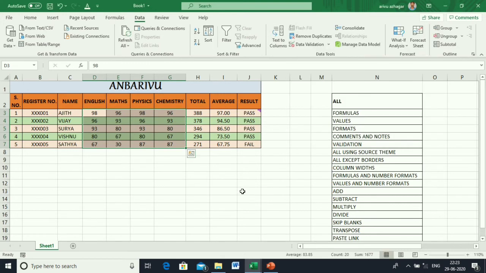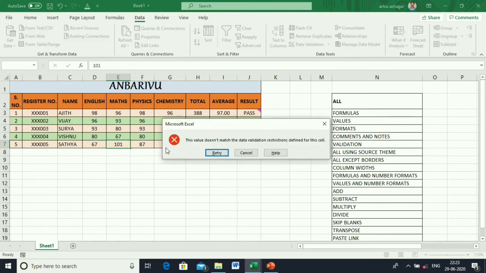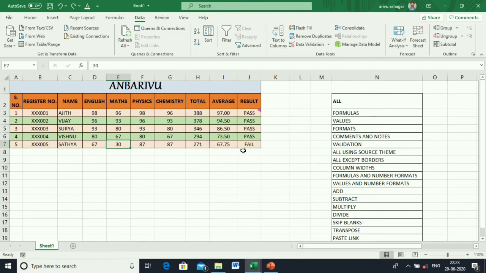Now enter the value. I am entering more than 100. I am entering 101. Given data validation, can't enter more than 100.